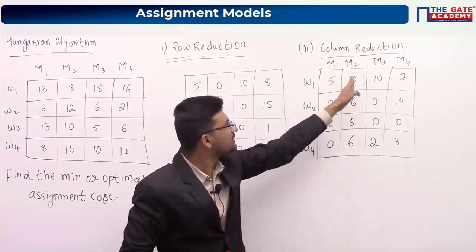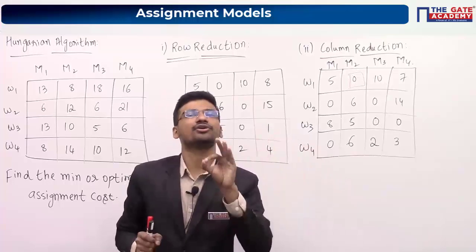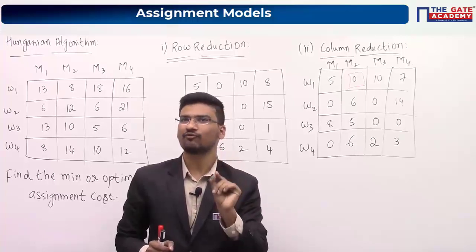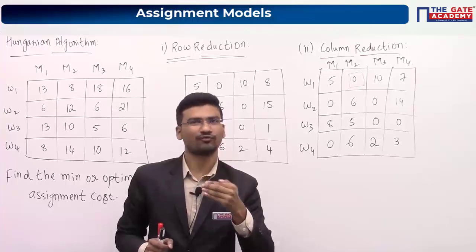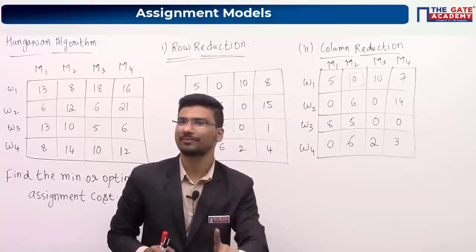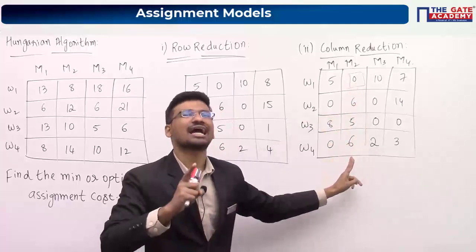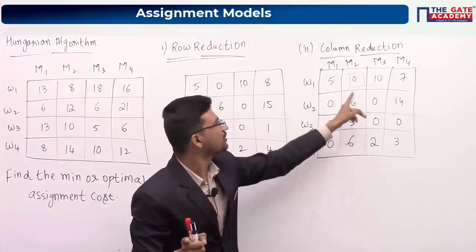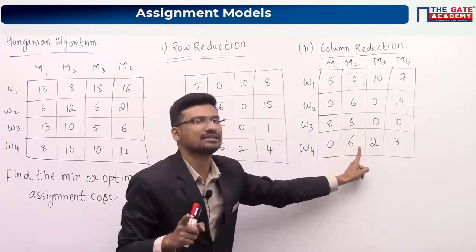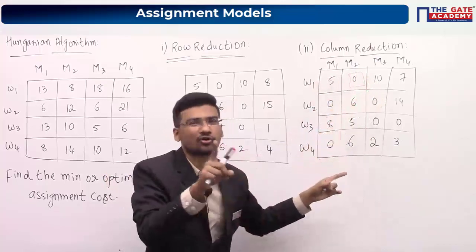Now you have to check, is there any other zeros present in this particular column? If any other zeros are present in that particular column, you have to cancel them. Why? Because only one machine can be allocated to one worker, and only one worker can be allocated to one machine. One worker, one machine, okay? That means whenever you are assigning, both row and column requirements are satisfied in assignment problem. Okay? So if any other zeros are present here, you have to cancel that particular zero, because you cannot assign this machine 2 to any other worker, right? That's why you have to cancel if any other zeros are present in this particular column. So there will be no zero in the row because we are going to single zero rows.